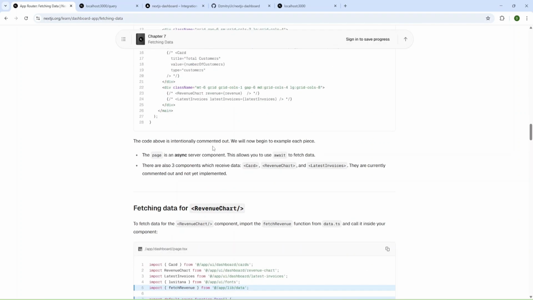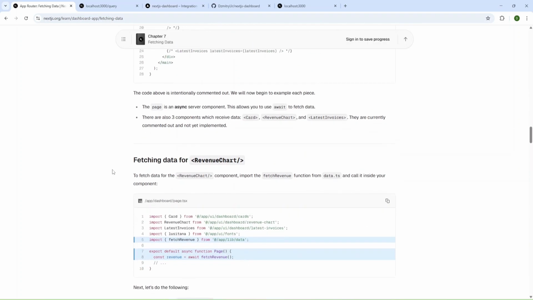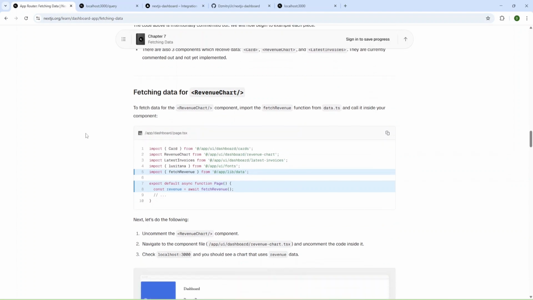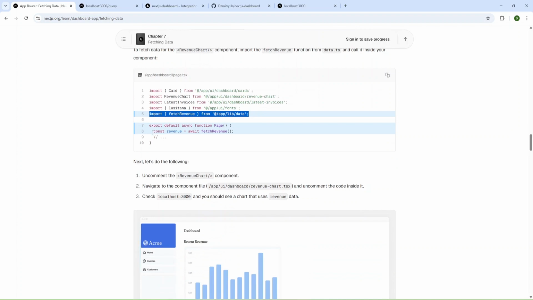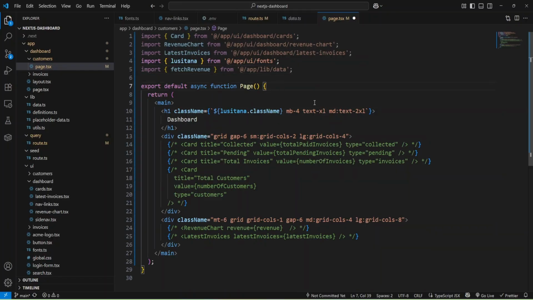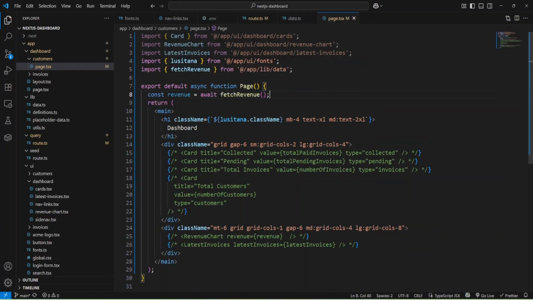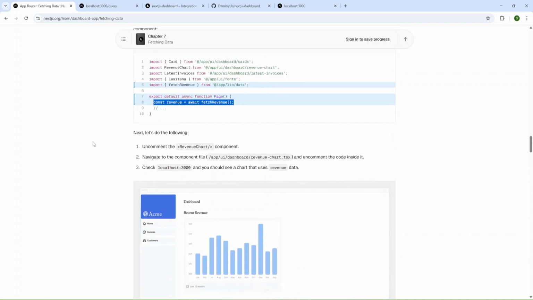They intentionally commented out the code, and now we need to add some code. We are going to add fetchRevenue and its import. Also we need to add this function to the page here. Okay, and let's see next.